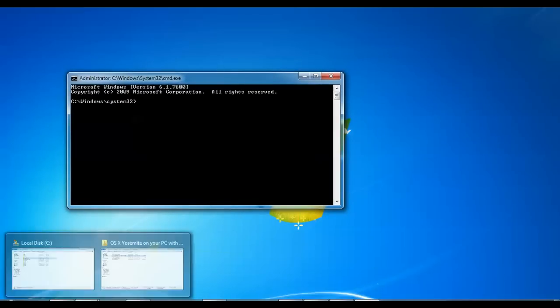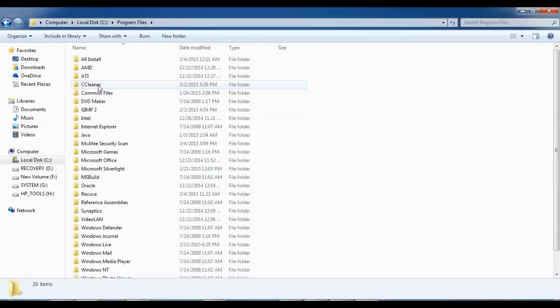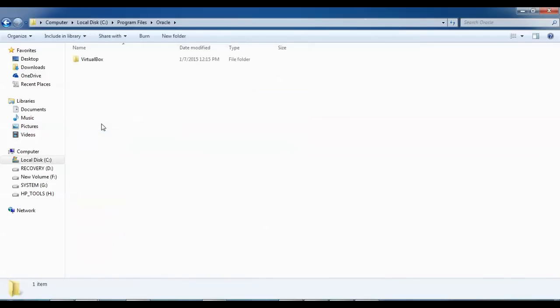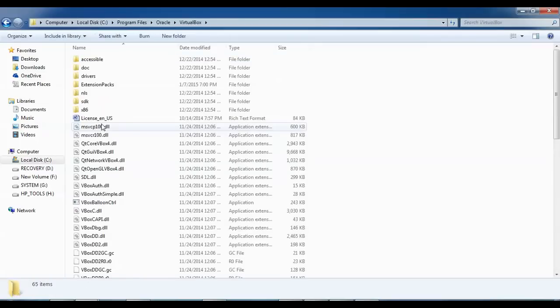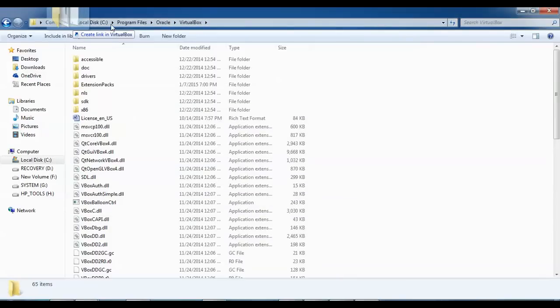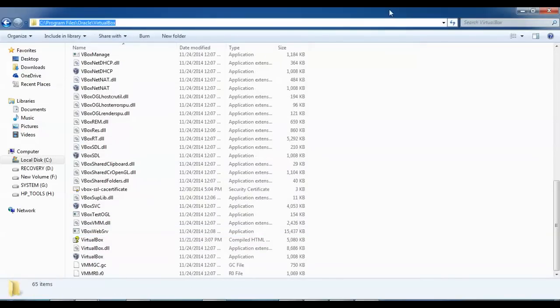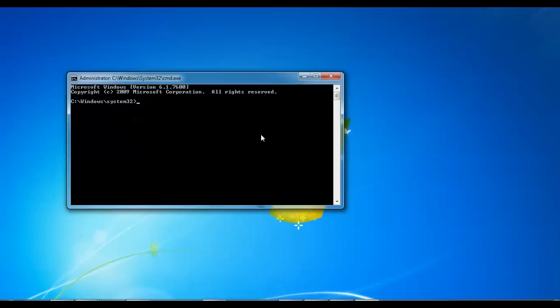Now you need to open your C drive. Just click on C drive, go to the program files, and search where you have downloaded the VirtualBox. So you need to search for Oracle here, and here is my VirtualBox. You need to copy this link, or else drag the link here. First select this option, so either you can copy this link with Ctrl C, come to your command prompt, and paste it here. You need to press enter here.